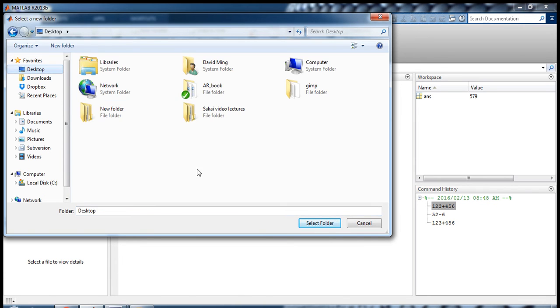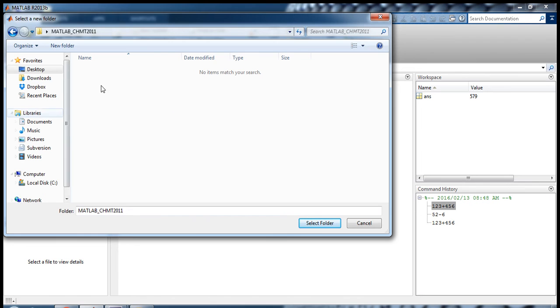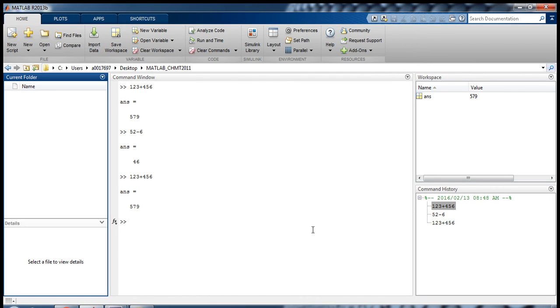So I don't know, pick a point in your computer, and maybe call it MATLAB CHMT 2011, and use that as a place to store all your stuff. I'm not going to go into too much detail about that. I just wanted to show you that functionality is there. The one last thing I wanted to show you was